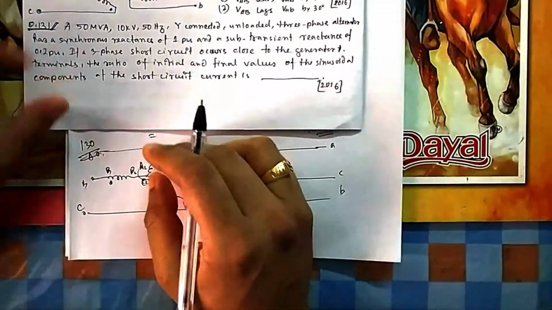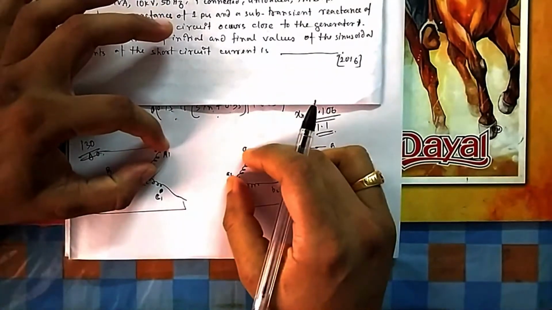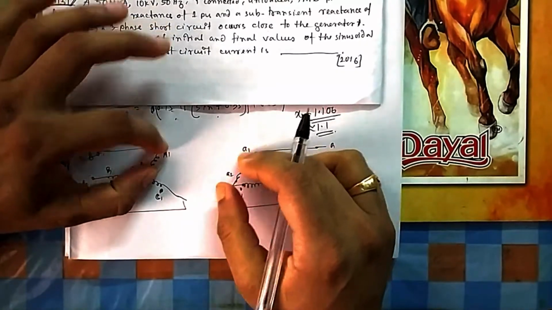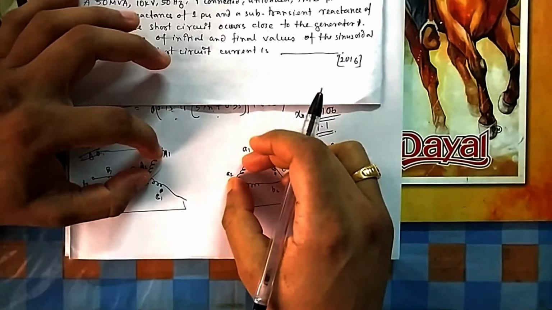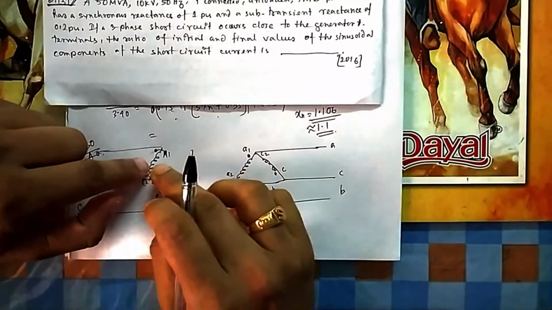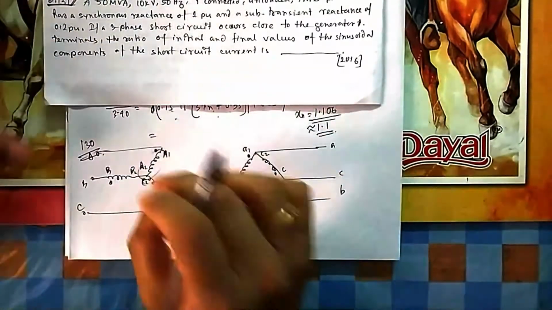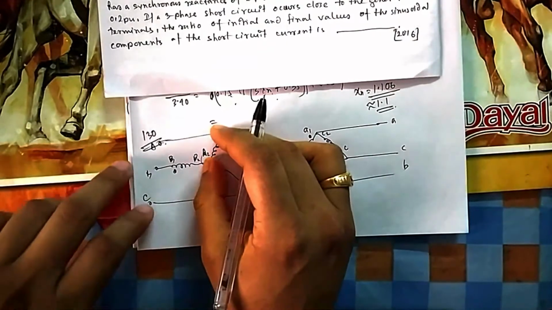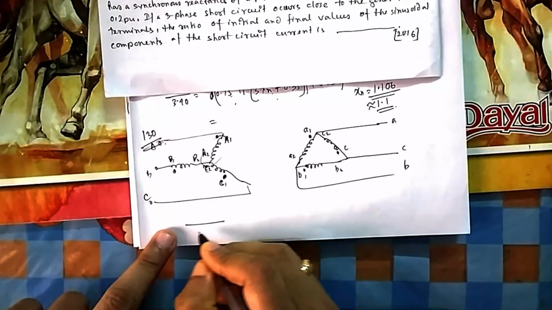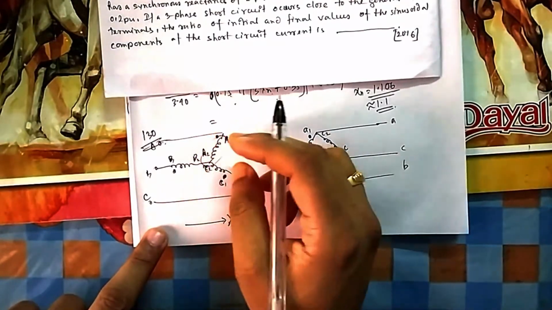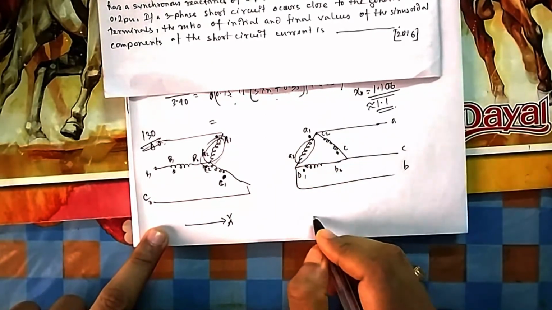Now this coil, once you show this coil, you are directly replacing from here to here. So the voltage across this and the voltage across this will be at the same phase, exactly the same phase. Only the magnitude will differ, due to the number of turns. If you give more turns here, the voltage will be more, but they will be at the same phase. Whatever the voltage, the same voltage will be induced here. Across this, what is the voltage? Across this it is phase to neutral. Suppose this is VA. So this is the voltage across this coil. The same voltage will come here, the same phasor.